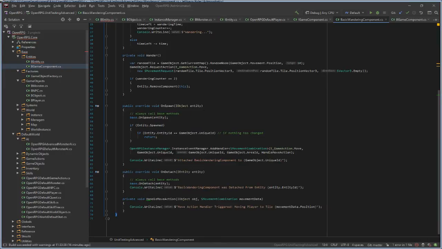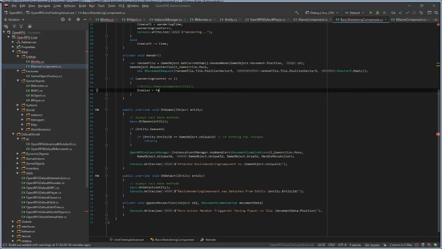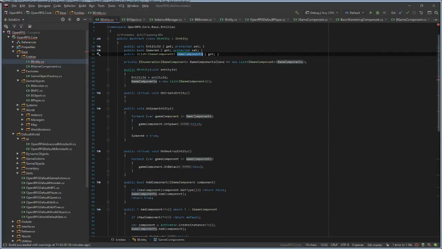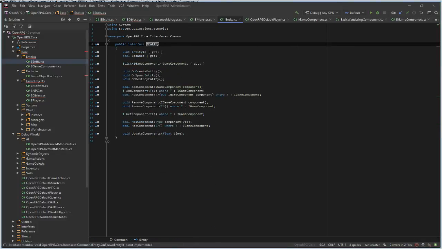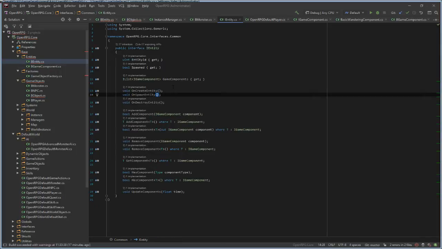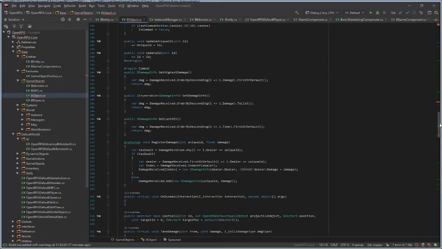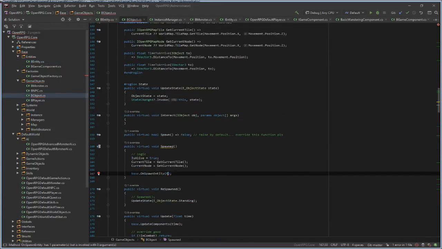Okay, now I'll have to test this enabled, disabled thing. On spawn entity, IObject. This looks just fine.